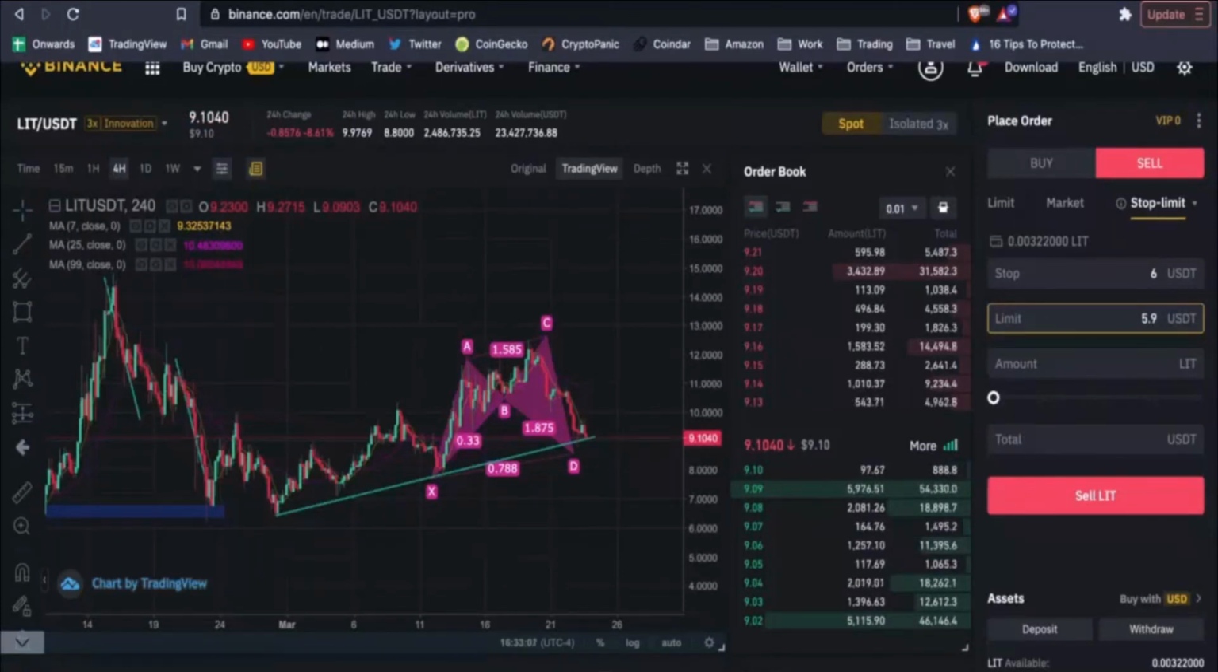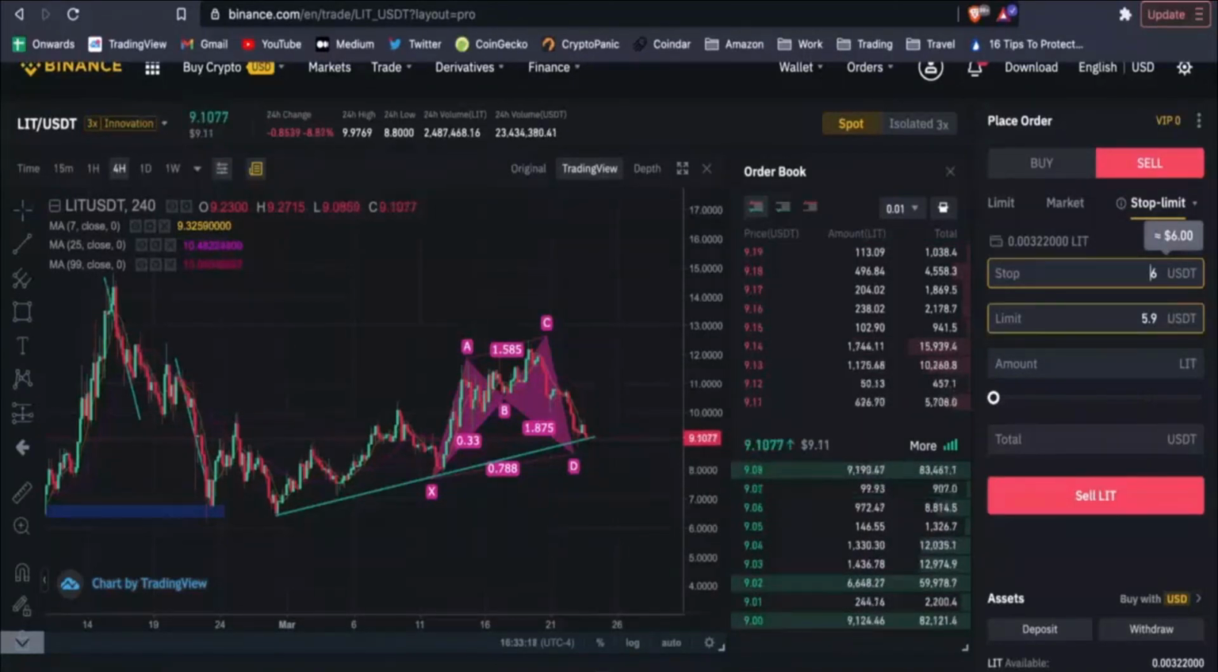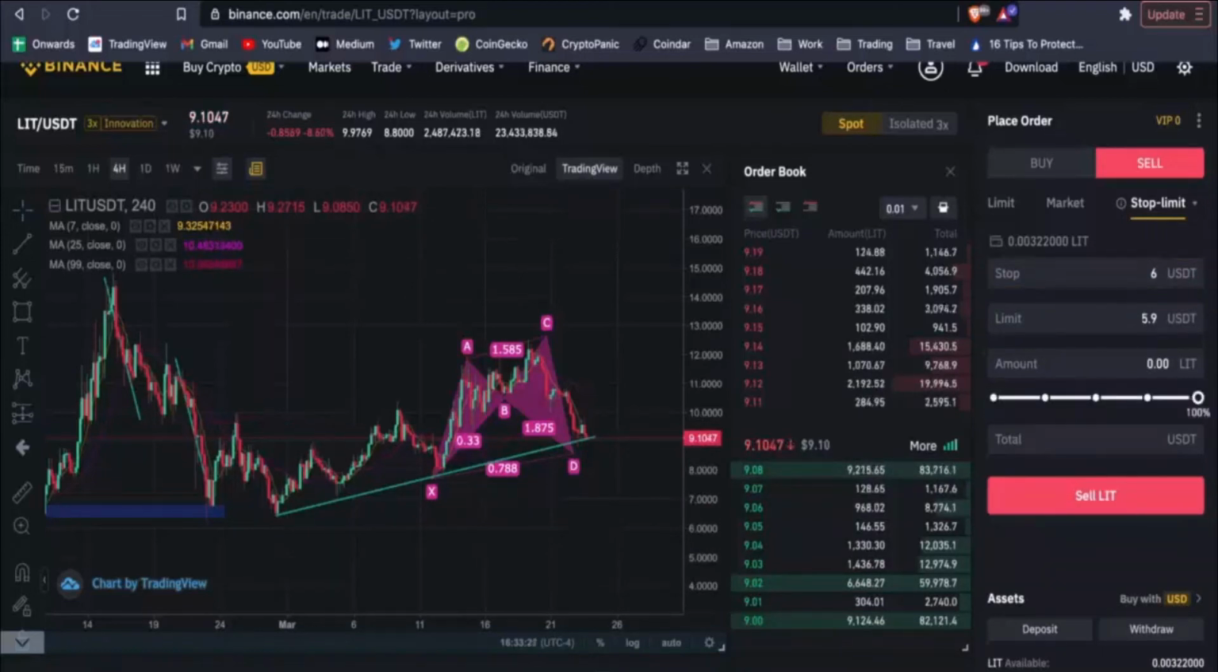So your stop is pretty much a trigger. It triggers the order. Once this price is hit, if we come down and hit $6, the order is triggered, and now it's just a limit order at 5.9. Okay, so we're going to sell at that price or better, and so this is how you set a stop loss. So let's go ahead and put